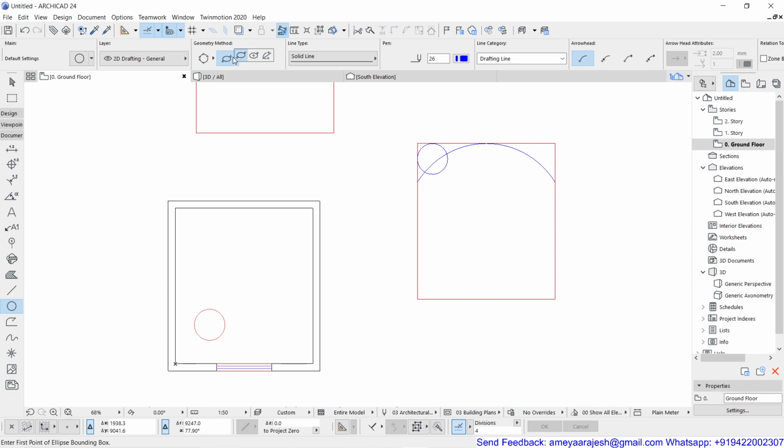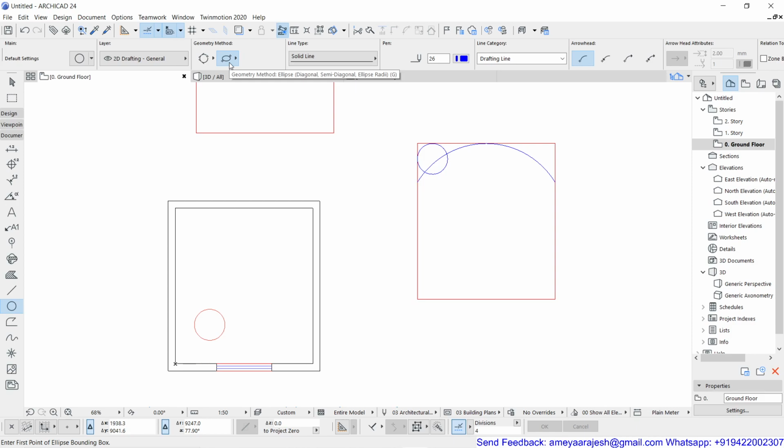That is two diagonal opposite corners you have to select. Ellipse will get placed inside that. The second option is related to center, and then half of the major axis and half of the minor axis you are going to specify by selecting the corner of that particular bounding box. And the last option is an elliptical arc. So let's proceed step by step.